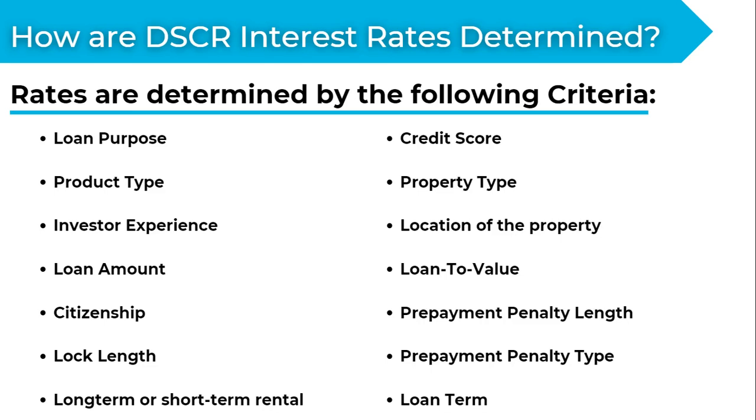The prepayment penalty length, again, anywhere from a no prepayment up to 5 years. And then the type, is it a step down or is it a fixed prepayment penalty? Step downs are obviously more beneficial to you because it decreases each and every year. So for that, the rate might be impacted slightly. And then loan term. Is it a 15-year loan? Is it a 30-year loan? Is it a 30-year interest-only loan? Is it a 40-year loan? Those are all going to impact how the lender qualifies you for the rates that you can actually get